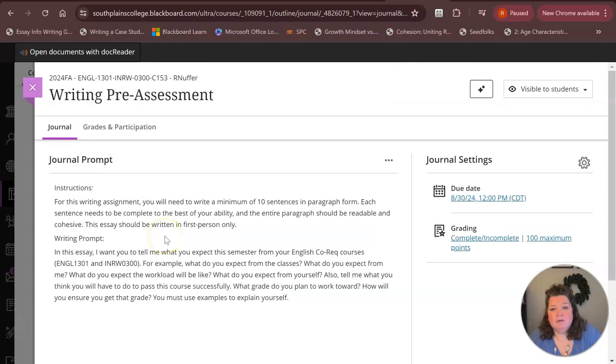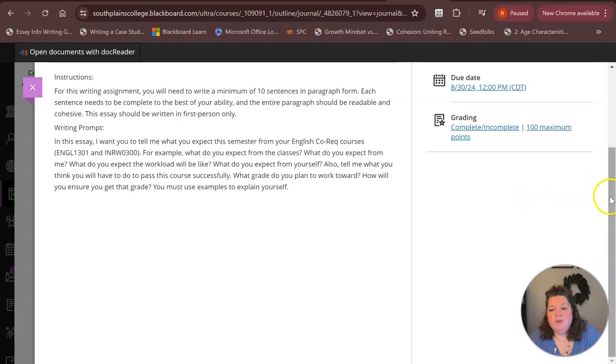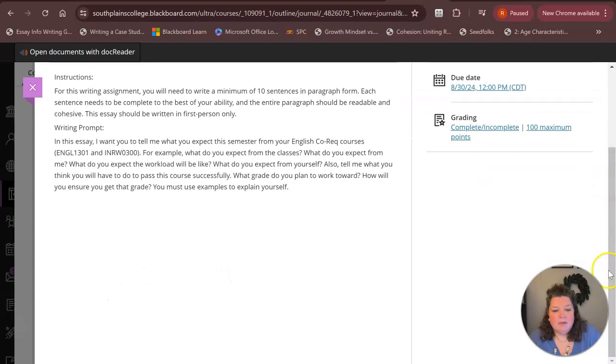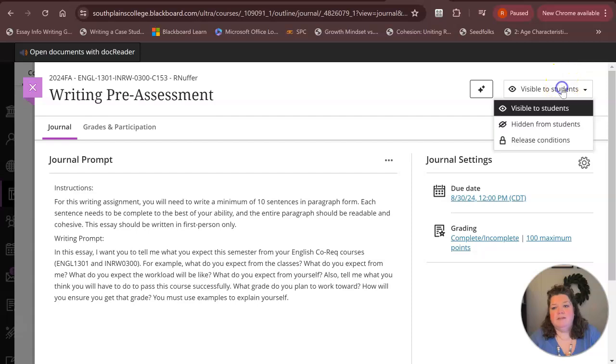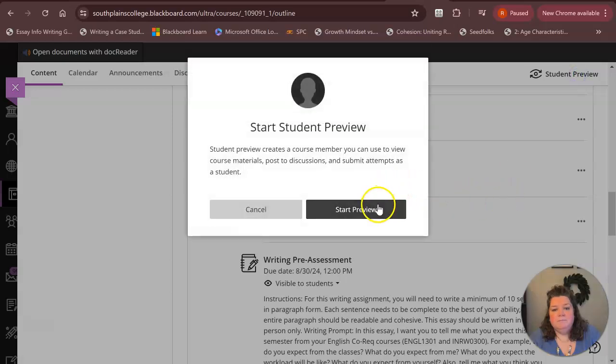Oh, it's not letting me. Oh, because I don't have it open yet. But when you're ready, I want to be able to show you. Oh, I'm not in student view. All right, let's go to student view then. This is what it looks like for you all. If I go to student preview,